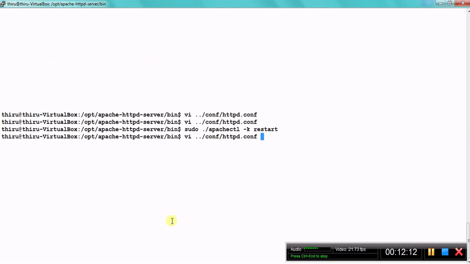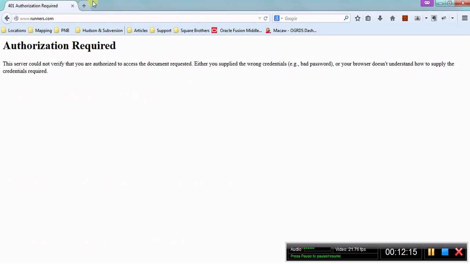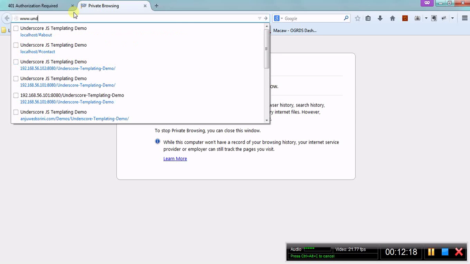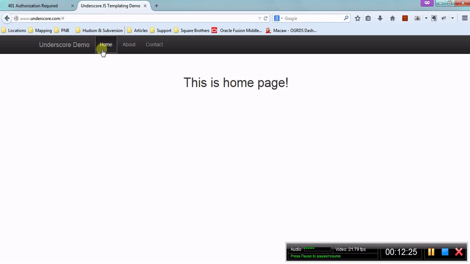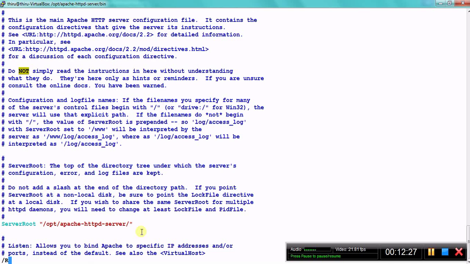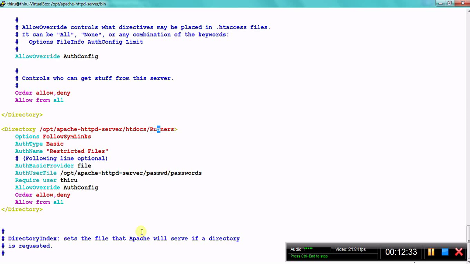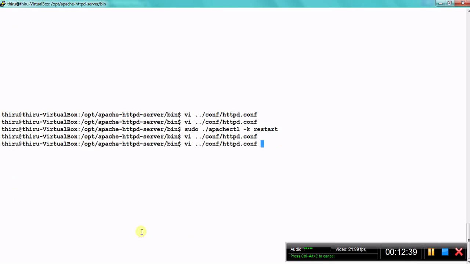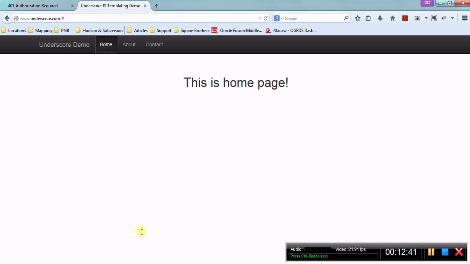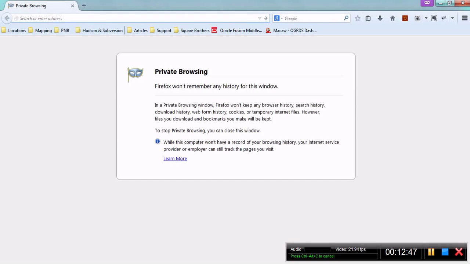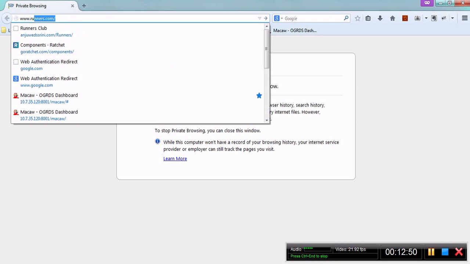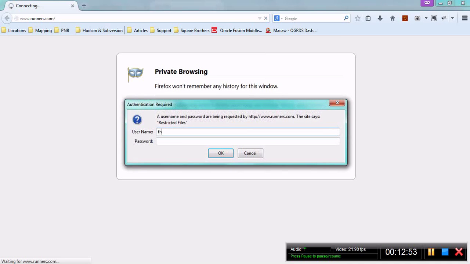Now we can include the underscore site as well in this list. Just access underscore. It is not protected. So I want to protect this site as well. What you can do is apply this to the whole website, to the whole document root, maybe something like this. Okay, now just restart it. Close this session and open it again. So this site is protected